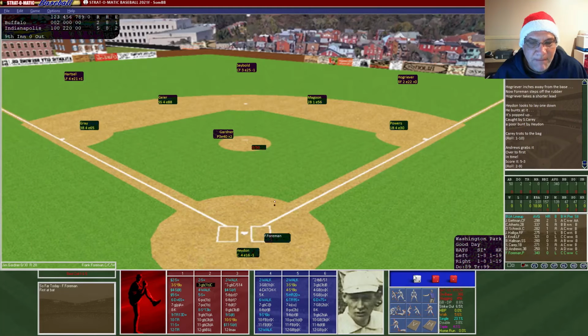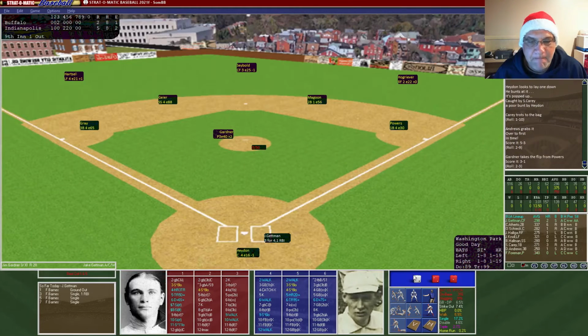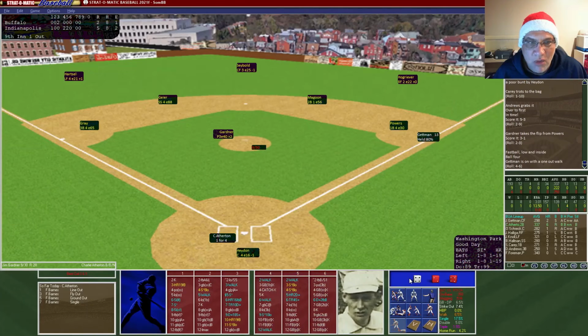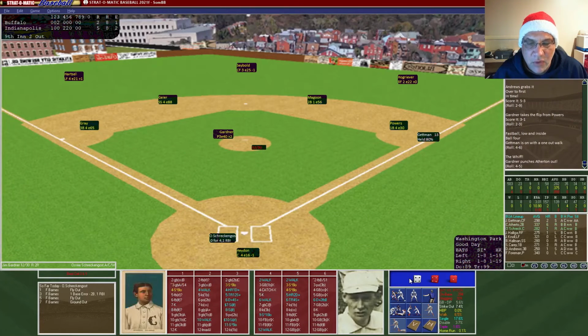Foreman, the pitcher, is up. A little bit surprised by that. And he's going to ground out. Now Getman is up. Getman is 3 for 4 today after being 0 for 4 yesterday. He has 3 singles, one of which was an RBI single. Getman is going to draw a walk. He's got some speed over there, but they need a lot more runners. And Atherton, the second baseman's up, and that's going to be a strikeout.